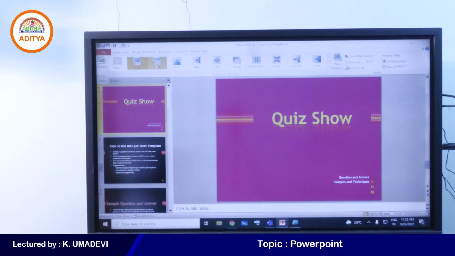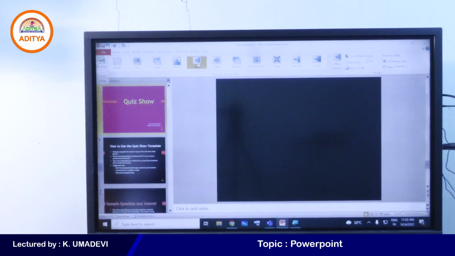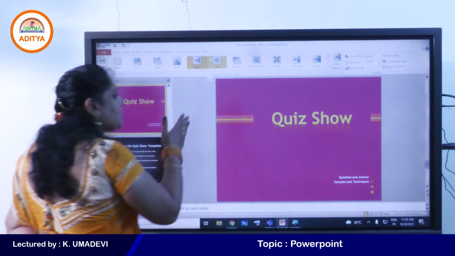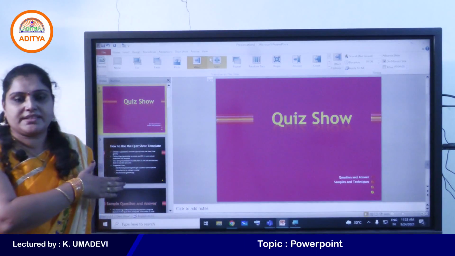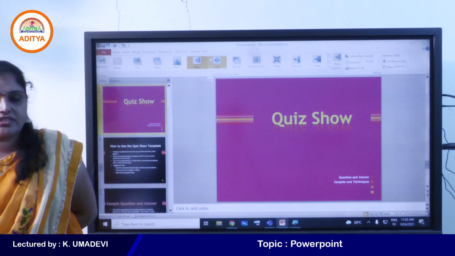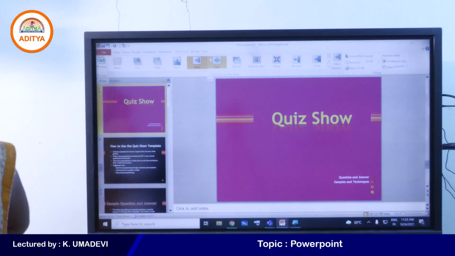Cut, fade. So this is push. Wipe. I think the options are not that visible to you. So just observe the slide because it shows the preview of the applied transition effect, right? So just observe the preview of that effect, students. Clear?